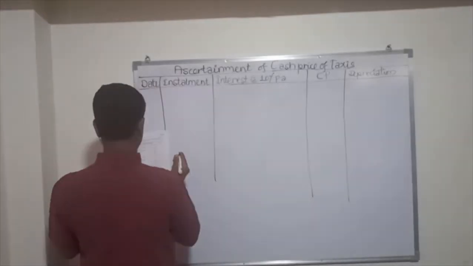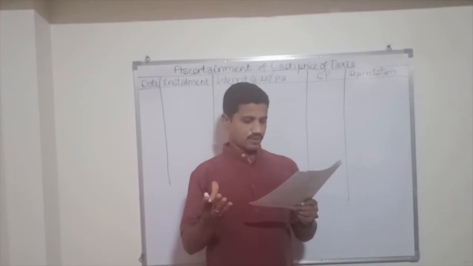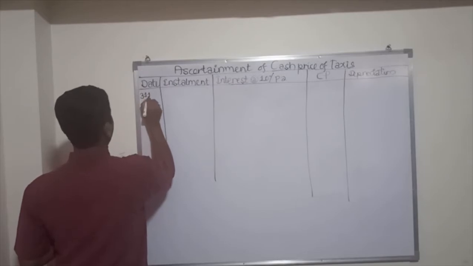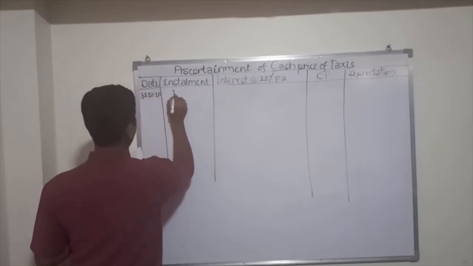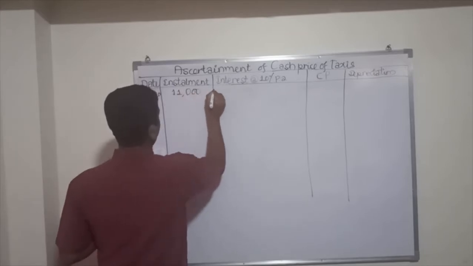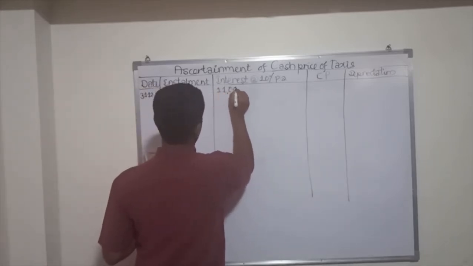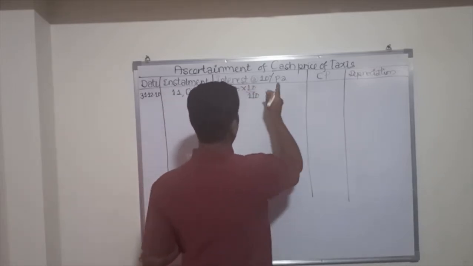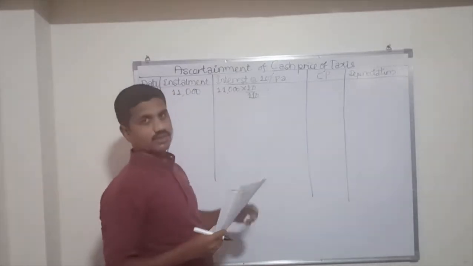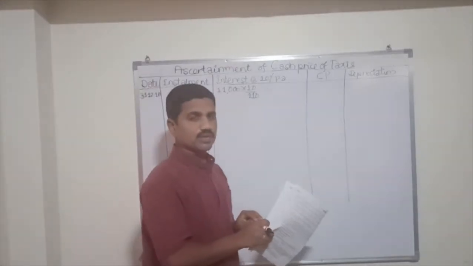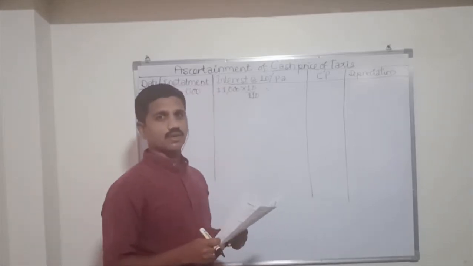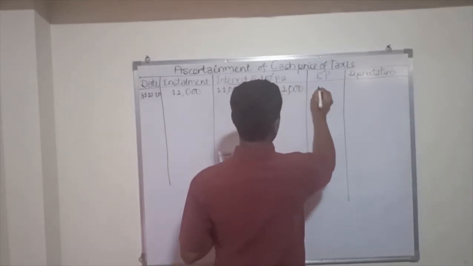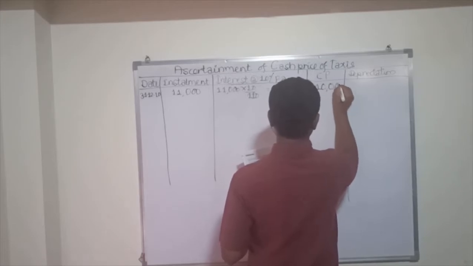The last installment is due on 31/12/2010, as the agreement is signed in 2008: first installment 2008, 2009, 2010. So the installment here is 11,000. So 11,000 into 10 divided by 110. Why? Because the installment includes interest here. If we assume interest as 10 rupees and the principal as 100 rupees, 110 will be the installment. So it is 1,000. So the principal is 10,000 here.